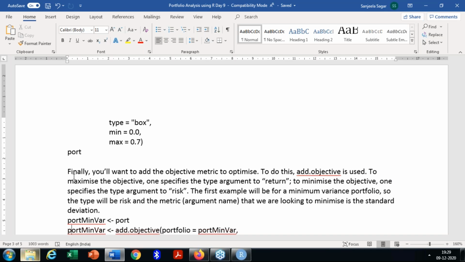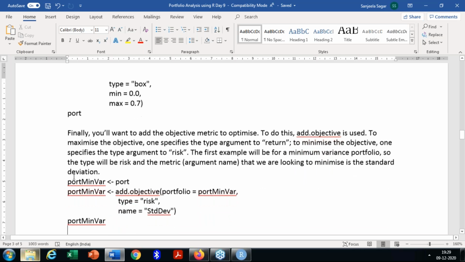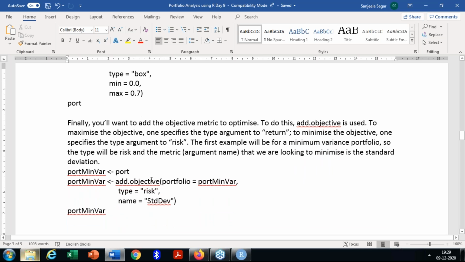So now next, what we want to do is add the objective metric to optimize. So for that, which function will we use? Then we will use the add.objective method. And what we are going to do, which method? Minimum variance. So for that, portfolio equals port.minvar, right? Type equals risk, and which method? Standard deviation will be used. And then we will see to it,